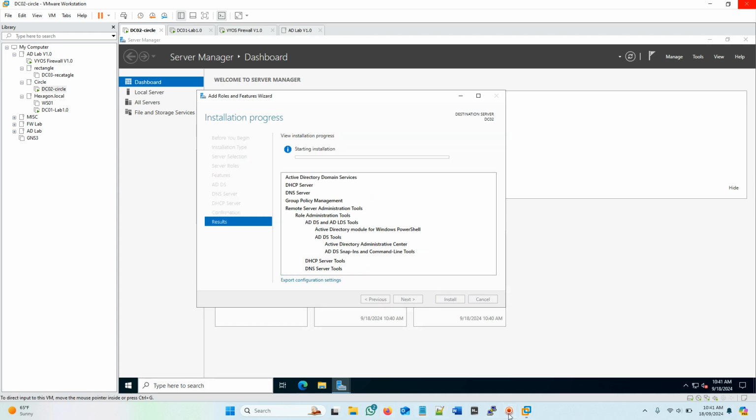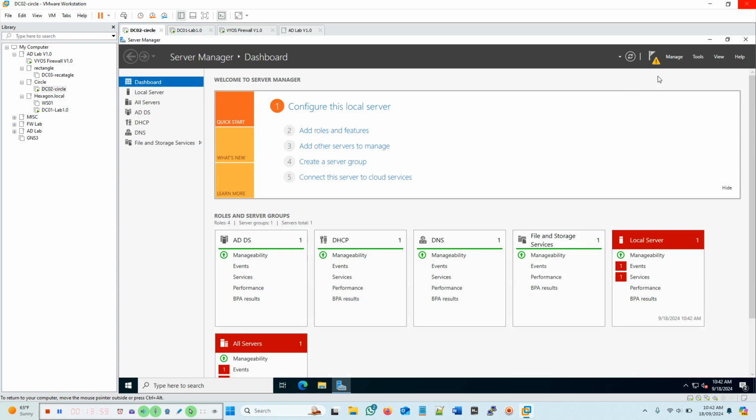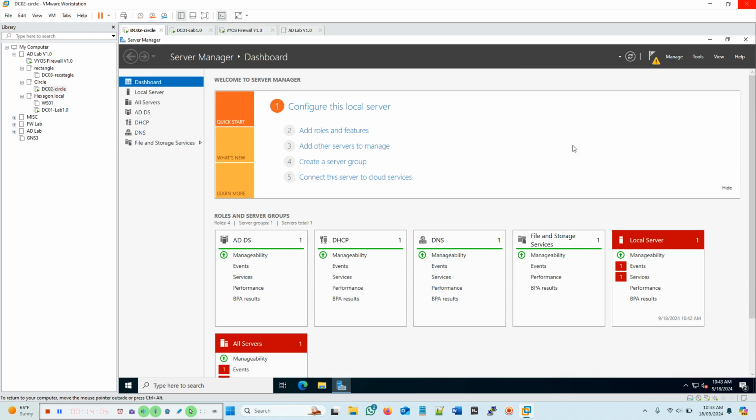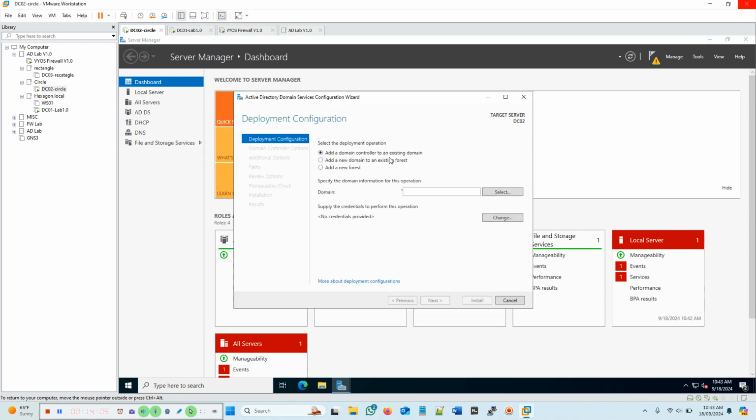Just going to pause the video because it takes a while. All right, it's completed. So go close and go here under the flag saying this is completed. So let's promote this server to a domain controller. Okay. So what we're going to do is add a new domain to an existing forest, right? Be a child domain, parent domain name,